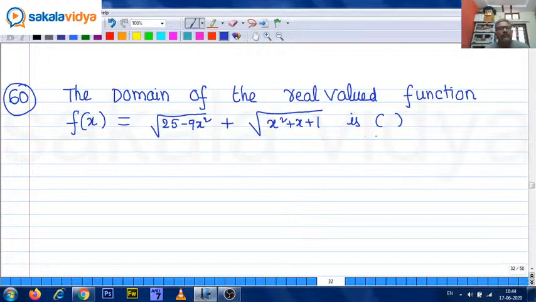So the domain of the real valued function f of x is equal to root of 25 minus 9x square plus root of x square plus x plus 1 is. So that means first, in order to find out the domain of this function, the domain of the real valued function f of x is equal to root of 25 minus 9x square plus root of x square plus x plus 1 is. So first option